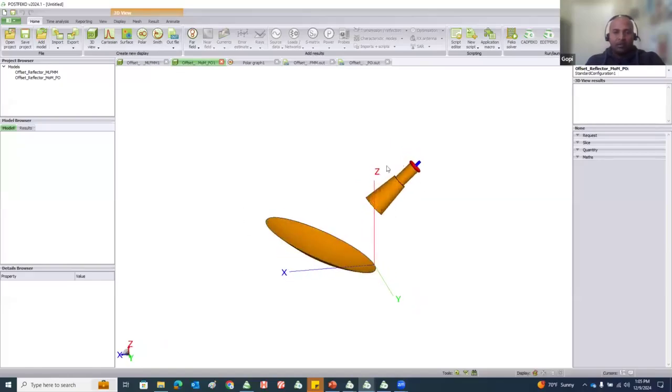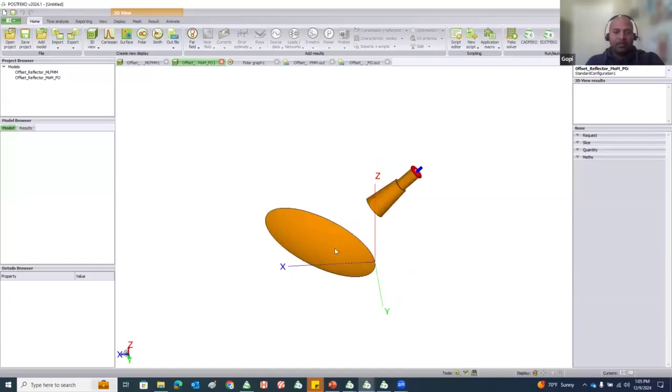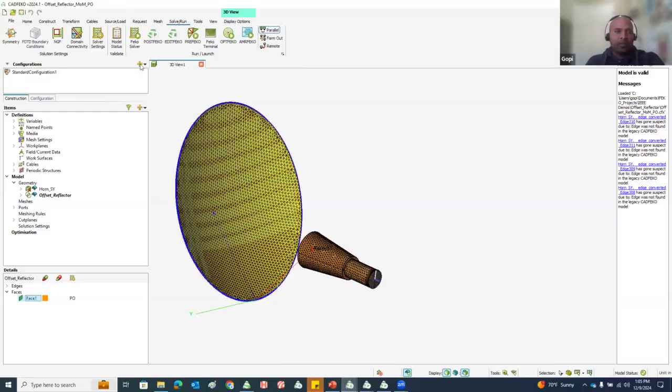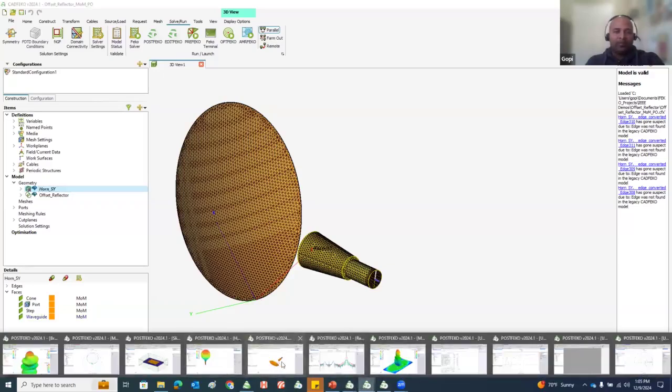Here, the source part, which is the horn, is treated with method of moments, but the reflector part is treated with physical optics. That is what we just saw in CAD Feko. On the reflector, we specified physical optics, but the source part, which is the horn, is all treated with method of moments. If I go back to POST Feko,